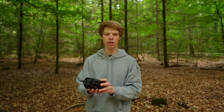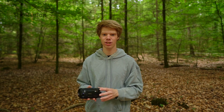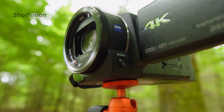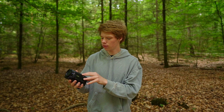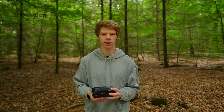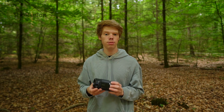And the zoom speed of this camera is also really fast, which means that you can easily change shots. And it actually has a much faster zoom speed compared to the Sony AX53. So that's one reason why I prefer this camera over the newer model, it has a much faster zoom speed. But there is no 4K at 60 FPS on this camera,